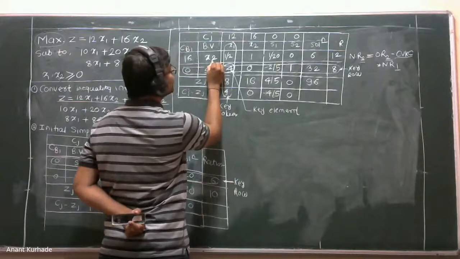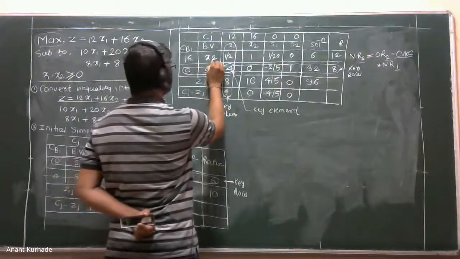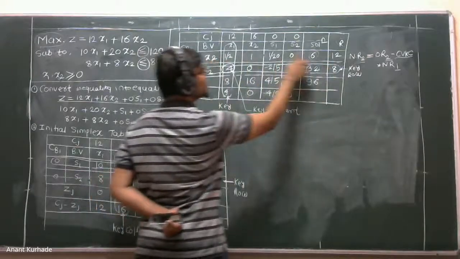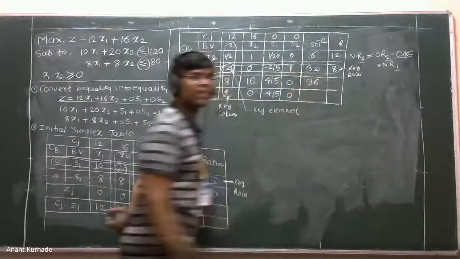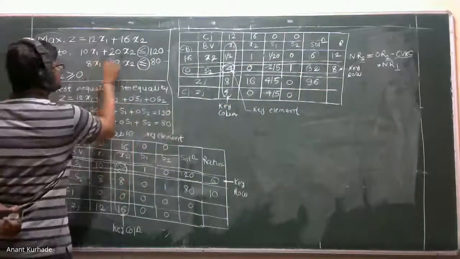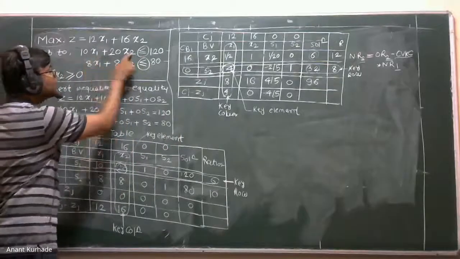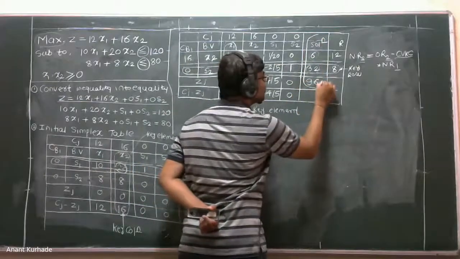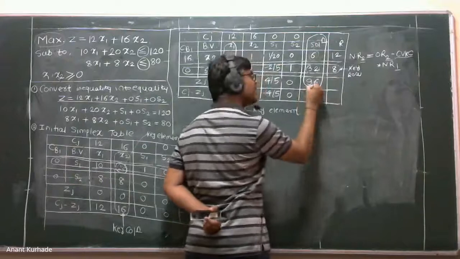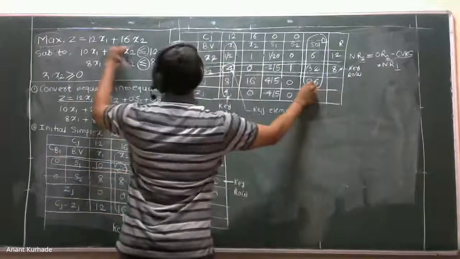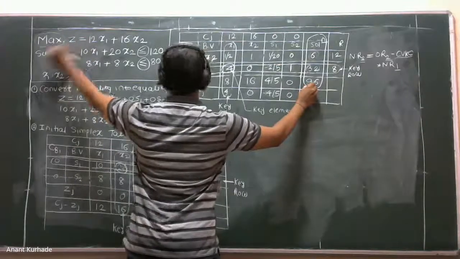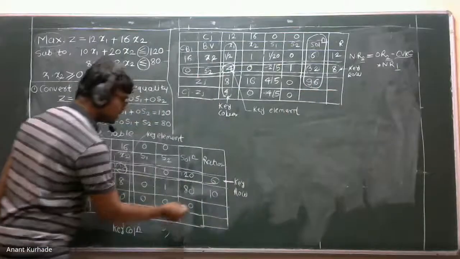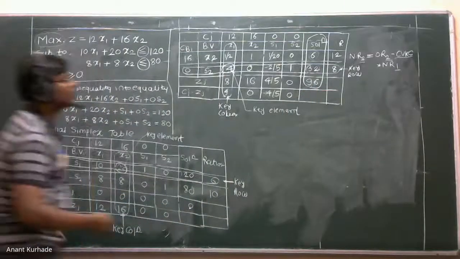X2. Okay, see. This value 6 and 32. These are the values of x2 is equal to 6 and s2 is equal to 32. But we have equation in x1 and x2. So we have to find the values of x1 and x2. So see, this solution is very important. This cannot be the final answer. When you put those x1, x2 values, you 100% get that value, that is Z max. So this is the value of Z max. It holds for any simplex table. Here also it is 0, because here we have 0. It cannot be 16.